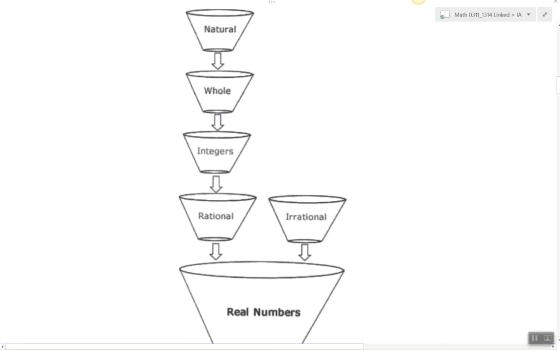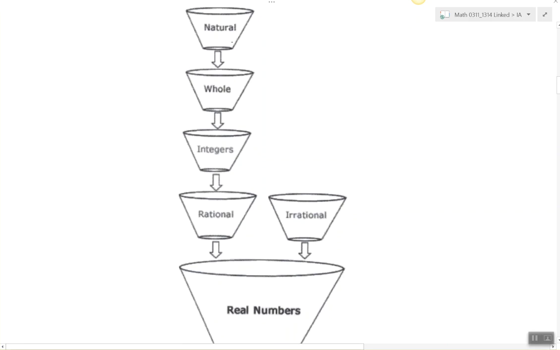One last little picture that might help is that the natural numbers, which are the counting numbers, fit inside the whole numbers, but there's also a 0 in there. The whole numbers fit inside the integers, but there are also the negatives in there. The integers fit inside the rational numbers, so think of the integers as the number line with the negatives, positives, and 0. The rational numbers hold all of those, but also add the fractions and the decimals. Then over here, the irrational numbers are the crazy numbers. Put them together and they make up the real numbers.